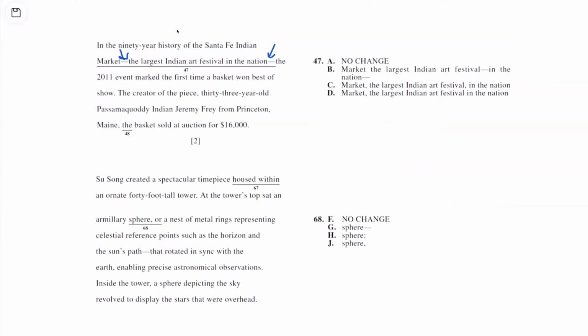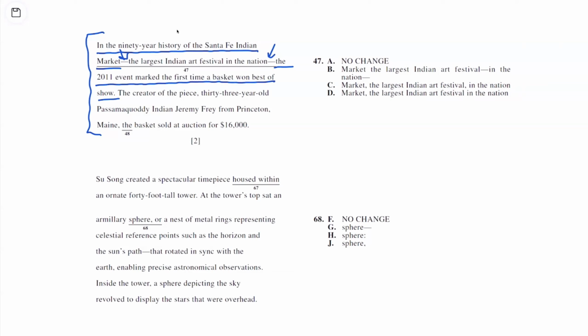All right. So we're talking M dashes. Let's have a look at this particular paragraph here. In the 90-year history of the Santa Fe Indian Market, the largest Indian art festival in the nation, the 2011 event marked the first time a basket won Best in Show. Okay. So I always say locate the independent clause. In the 90-year history of the Santa Fe Indian Market, the 2011 event marked the first time a basket won